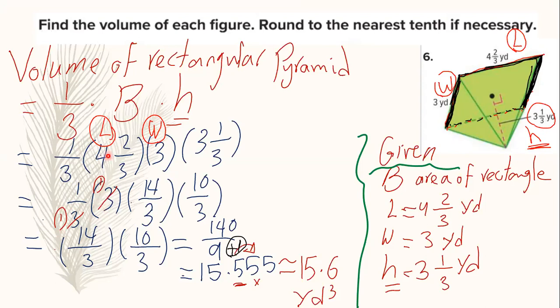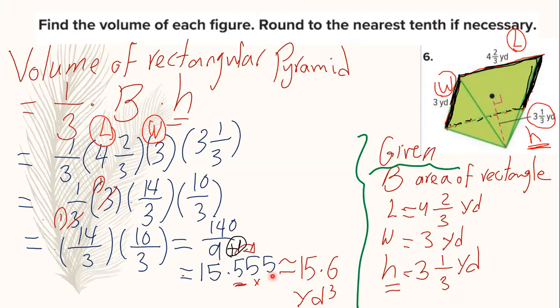And here we need to convert the mixed numbers into improper fractions. 4 times 3 is 12, plus 2, 14. 3 times 3 is 9, plus 1 is 10. And multiply, normal multiplying of fractions. 14 times 10 is 140. 3 times 3 is 9. When you divide 140 by 9 equals